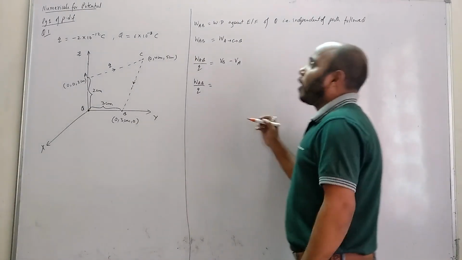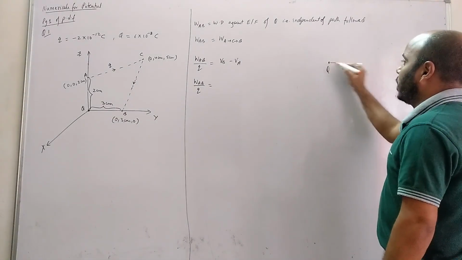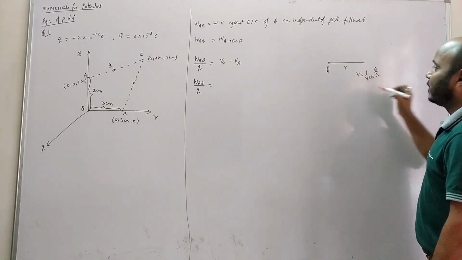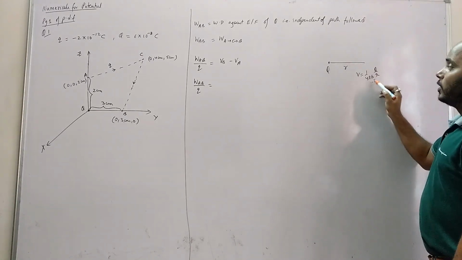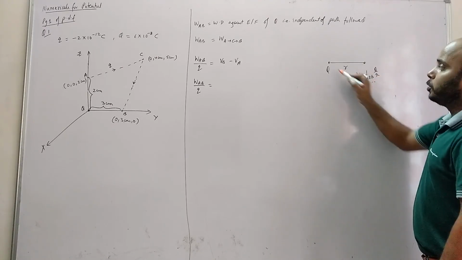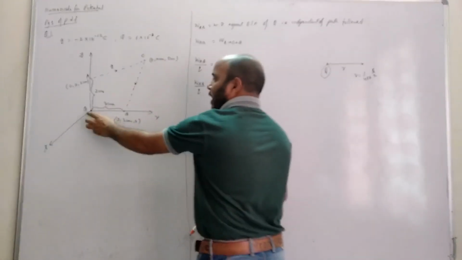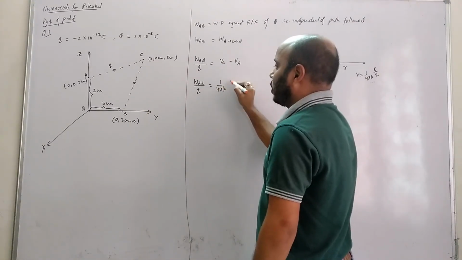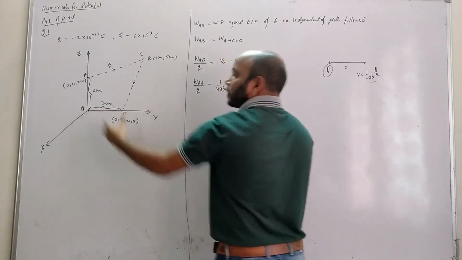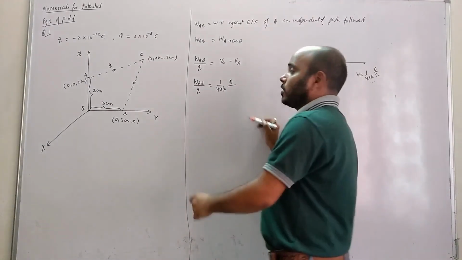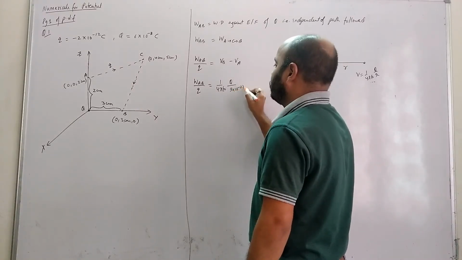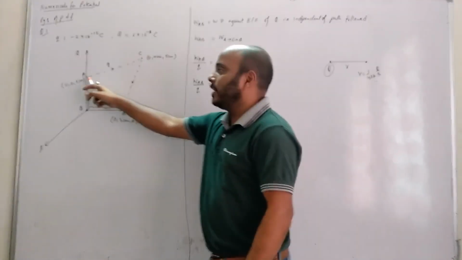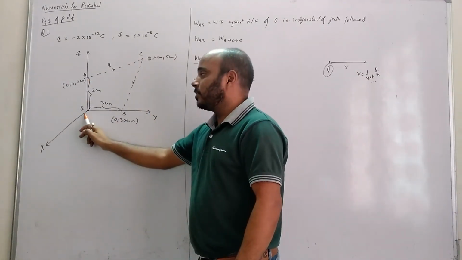So what is the formula of potential due to a charge Q at a distance R? It is 1 by 4 pi epsilon times Q by R, where R is the distance. This V is the potential at a point due to this charge. So due to this charge, I need the potential at this point. So can I use it like this: 1 by 4 pi epsilon times Q by this distance? So how much is this distance? 3 centimeter. Can I say 3 into 10 to the minus 2 meter? Clear, class? Similarly, the potential at A, due to this charge. So what is the distance here?